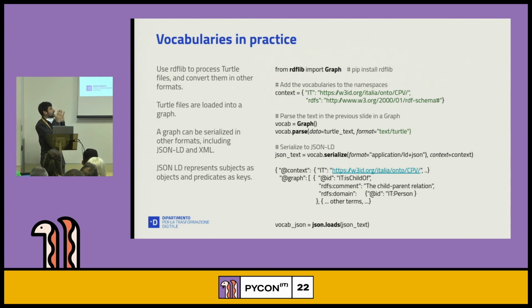When I import this kind of file into a vocabulary graph, I can serialize it in other formats. For example, if I serialize it in JSON for linked data, I have an object with a context, which is the list of namespaces, and the graph contains all the predicates, all the sentences. In JSON, a term is converted in this kind of object. Every predicate is a keyword of the JSON object, and the original resource is identified by the ID. I can take this kind of object and